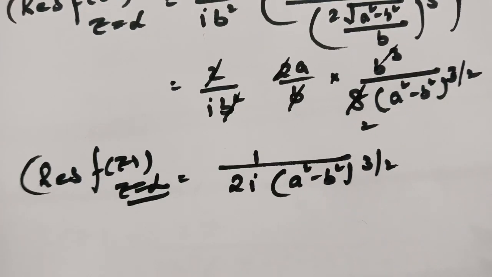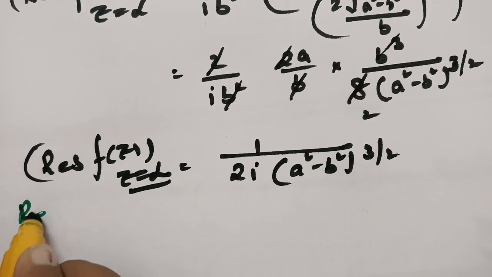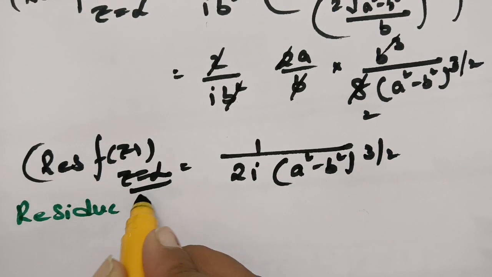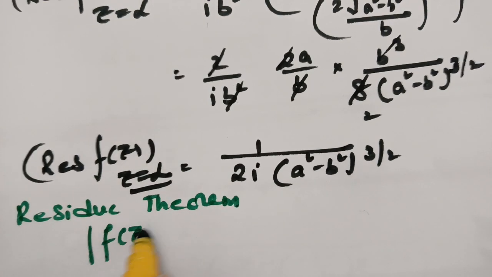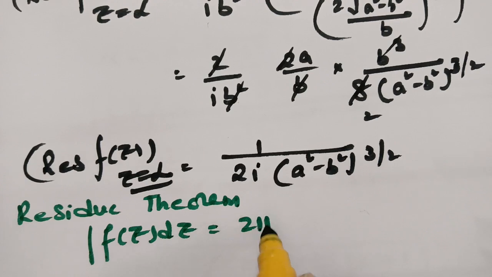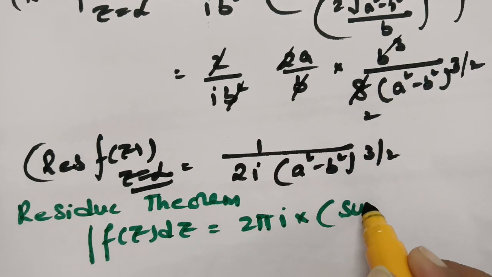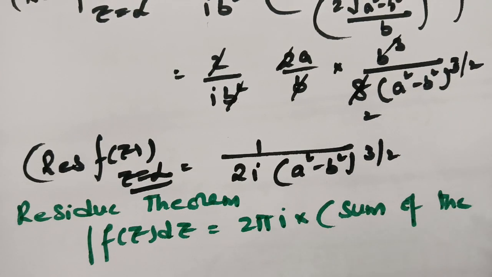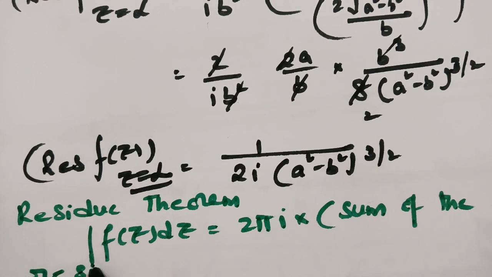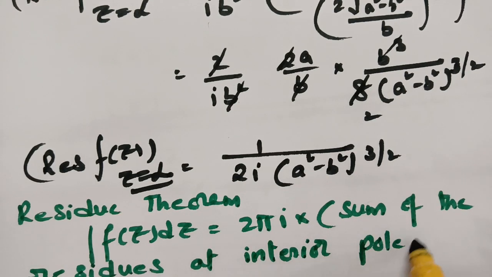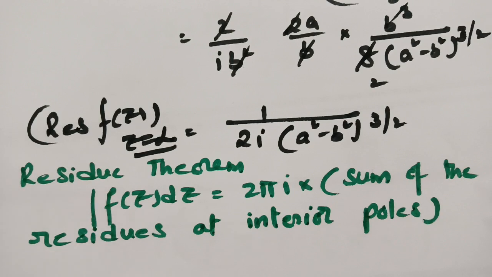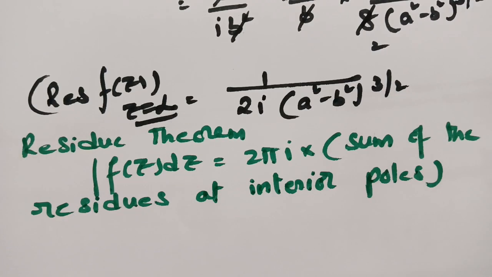Now which theorem do we have to apply? The residue theorem. According to our residue theorem, the integral of f of z dz is 2 pi i times the sum of the residues at interior poles. So what is the interior pole here? The interior pole is alpha. Therefore our integral value is half times